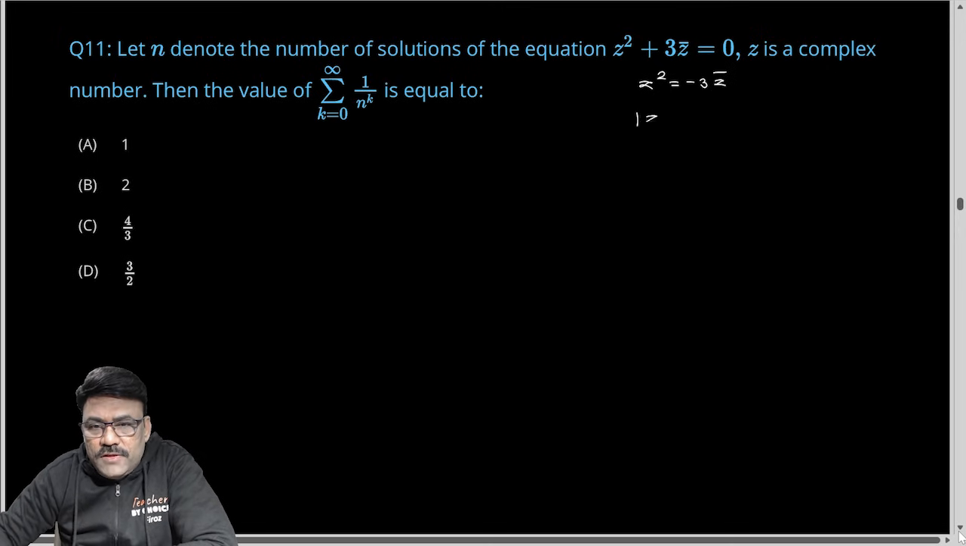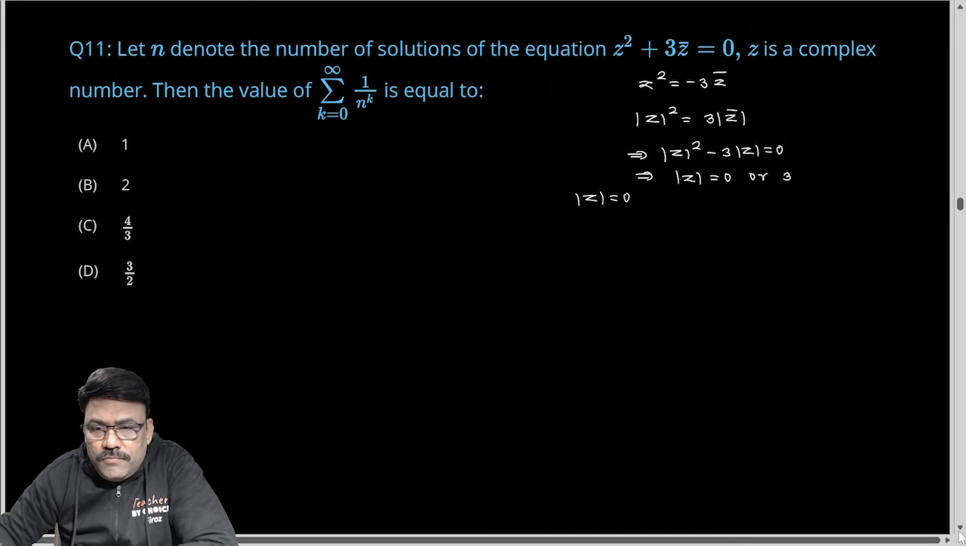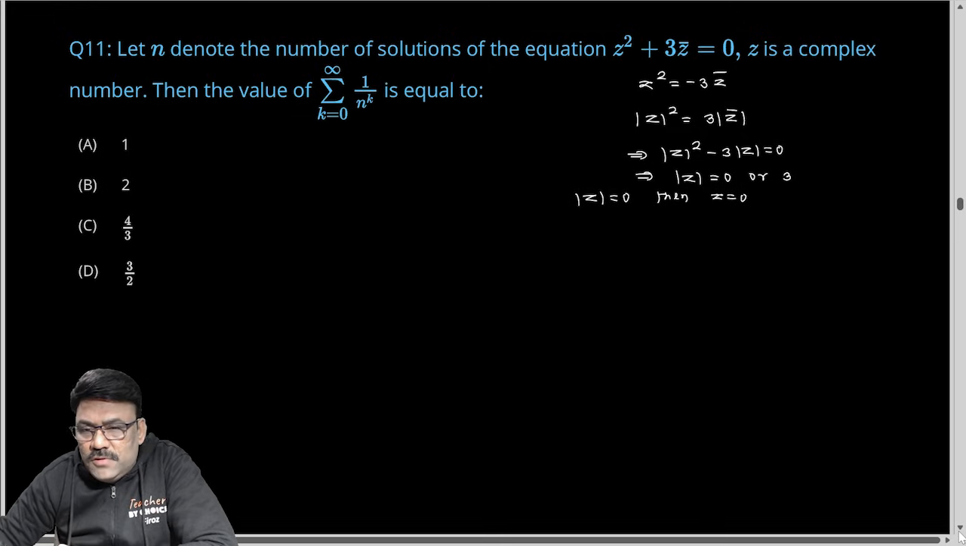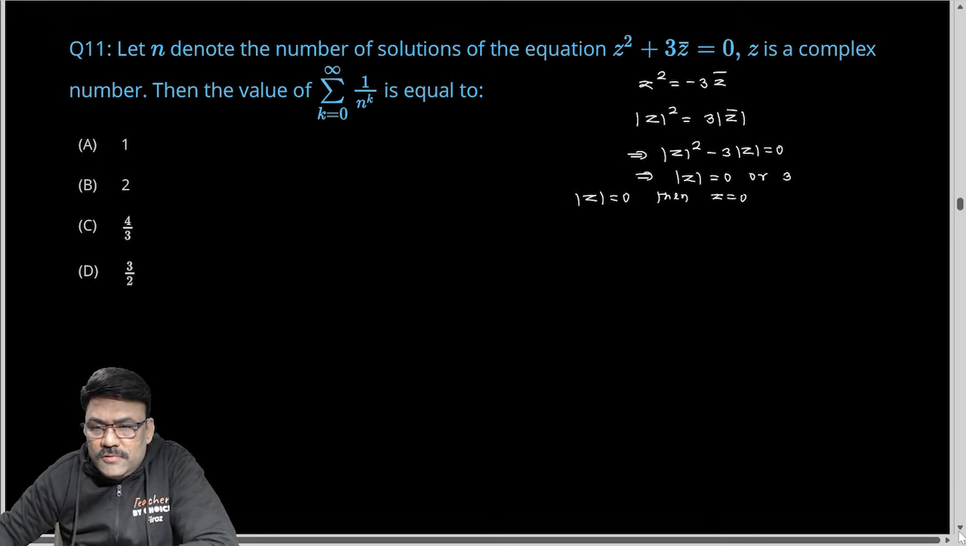If I take mod both sides, so mod z square is 3 mod z bar, and mod z bar is same as mod z. So I can write mod z square minus 3 mod z is 0. So two possibilities, either mod z is 0 or 3. Now if mod z is 0, so then z is 0. If mod z is 0, there is only one possibility, z is 0. Now if mod z is 3,